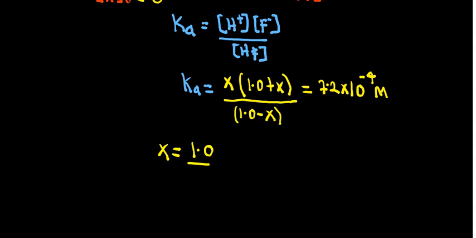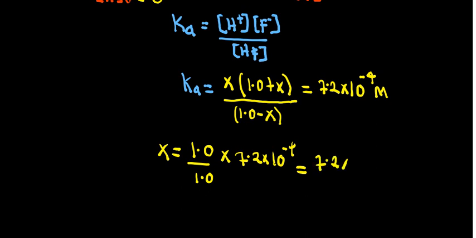I'll divide. This has been neglected. This is 1.0. Then I'm going to multiply this 1.0 divide 1.0 by the 7.2, which is the value of Ka, 7.2 times 10 to the power negative 4. The value I'm going to have is what? 1 divide 1 is just a 1 times 7.2 times 10 to the power negative 4, which is the same as